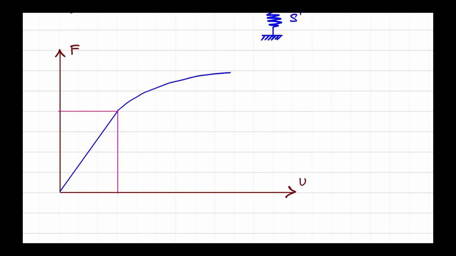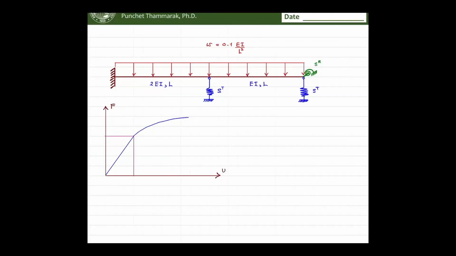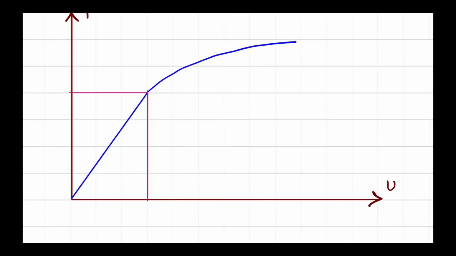So the initial stiffness should be, you have two springs. Okay, maybe one of them might not yield, or well, they could yield both. 50 EI over L cube. So this linear stiffness is just